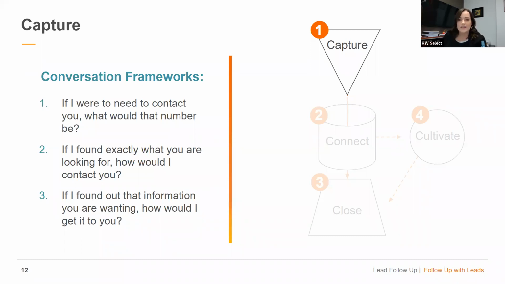Okay. So there is an activity in your participant guide. We don't spend too much time on it, but on that same capture page, you fill in how you're currently capturing leads. What information are you collecting? What are your current lead categories? And what can you do to improve your current capture system? Okay, so you can just chat about it quickly. How are you guys generating leads or capturing leads right now?